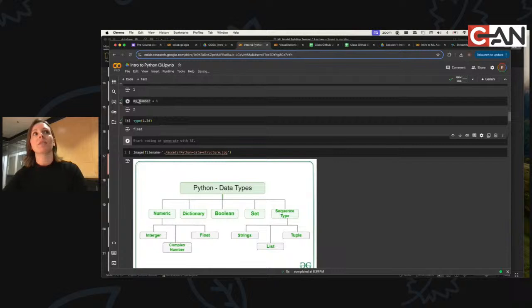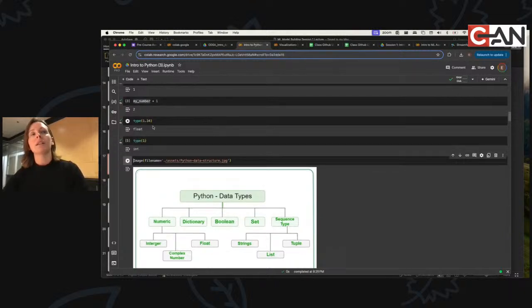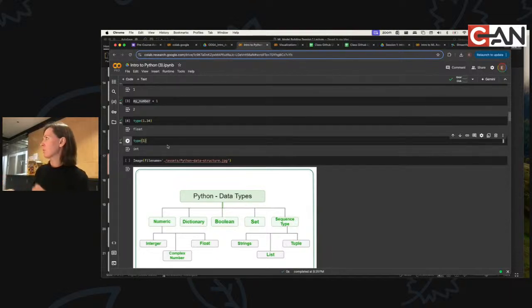And that is something called a float, where if we do the type of 1, it's an int. Basically, a float is anything with a decimal. An integer has to be whole numbers: 1, 2, 7, 10. It's useful. You might think, why? Why couldn't they just call it a number?